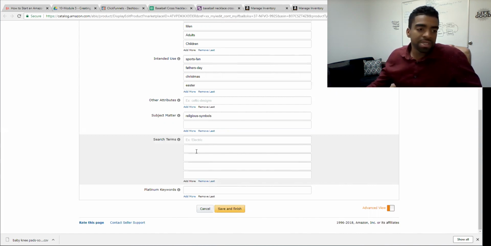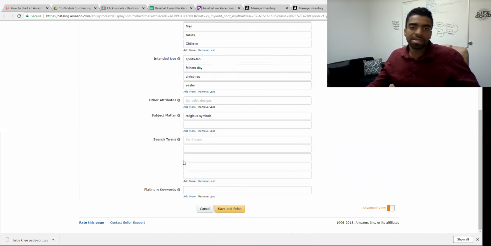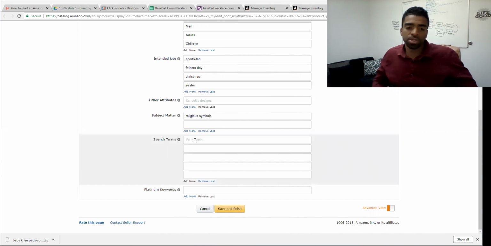And what you'll do, after you have that list, and this is the list of keywords we compiled where we got rid of all the duplicates, using the various website software tools to compile the list that we built earlier, is take the keywords from your list and input them in these search terms. But here's the catch: